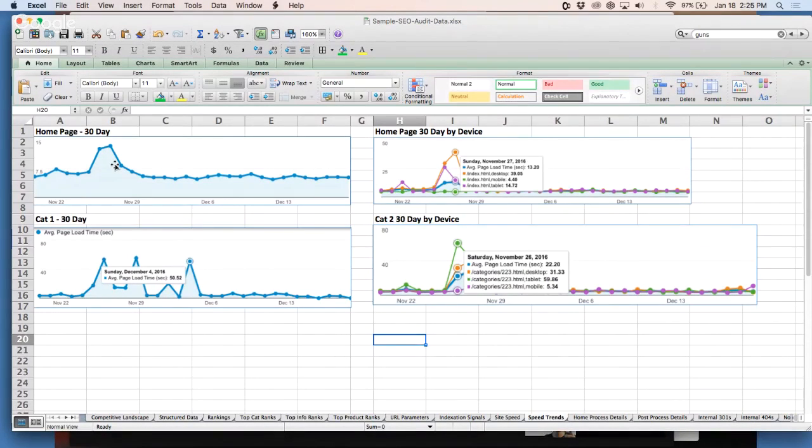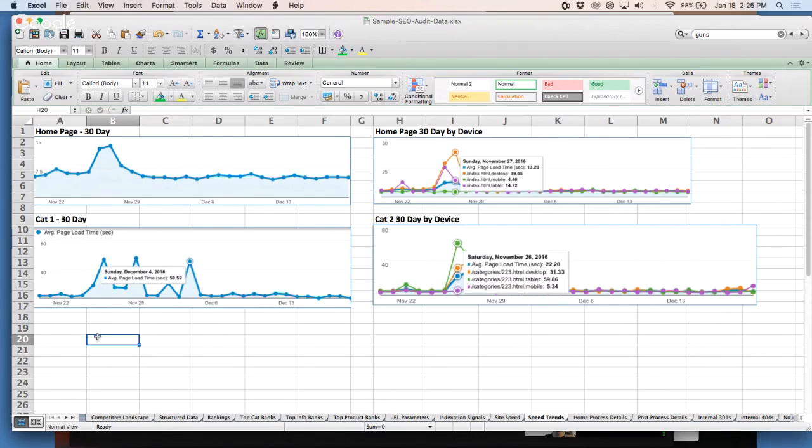Well, if every page I looked at had a really slow speed on one day, and it was the same day for the whole site, and it was only one day, maybe there was a server problem that day. I don't need to be as worried about it, but I want to mention it because then it's the developer or site administrator's responsibility to figure out what happened that one day if they can. Because that could lead to potential weaknesses and vulnerabilities that they weren't aware of. So I want to let them know about it.